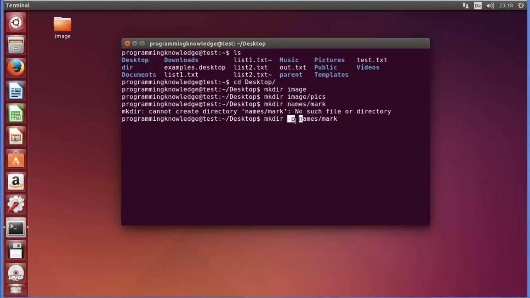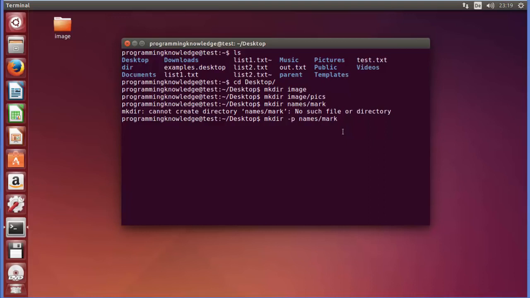This is the short version of giving this flag, and if you want to know the full version, you can just give -- and then you can just give parents here. Okay, so the flag name is parents. Okay, and if you give this command, it's going to create a directory for you also, and subdirectory for you which doesn't even exist. Okay, so I'm going to just give this short flag, which is -p, and